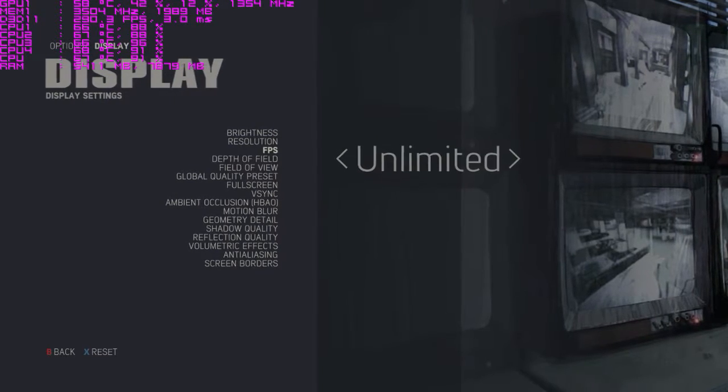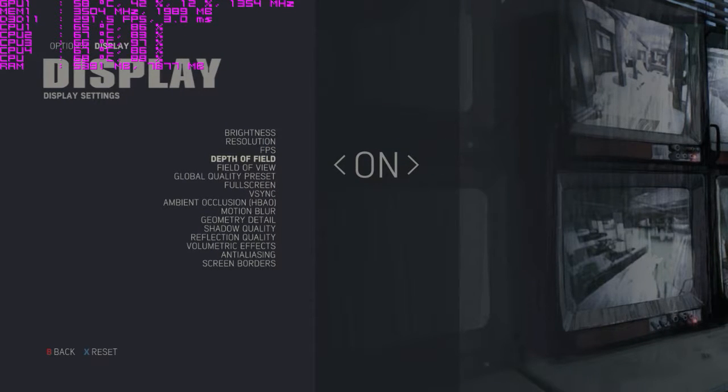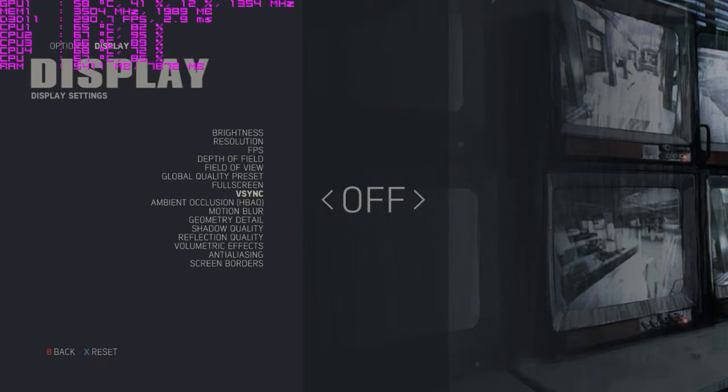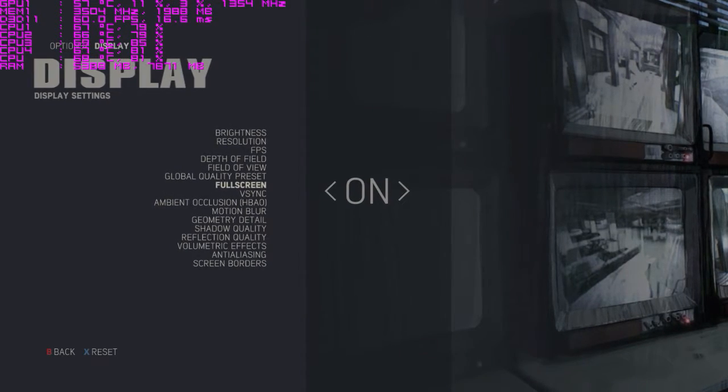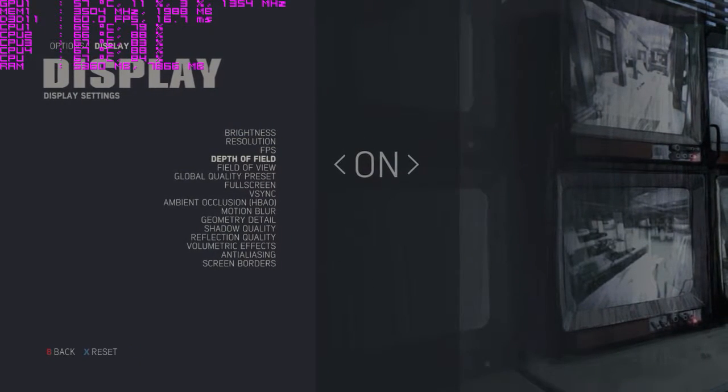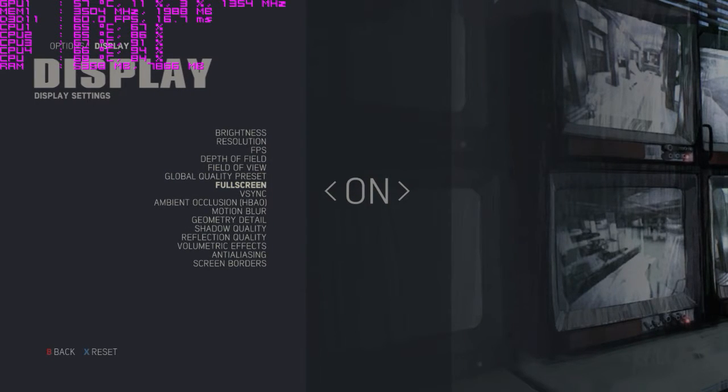So, frames per second I've got unlocked for you. Depth of field on. Ooh, I didn't turn VSync on. I'll turn VSync on. I like VSync on because the tearing does my nut. So here we go. We've got frames per second on. Right. So we've got a quality, we've got a custom preset because